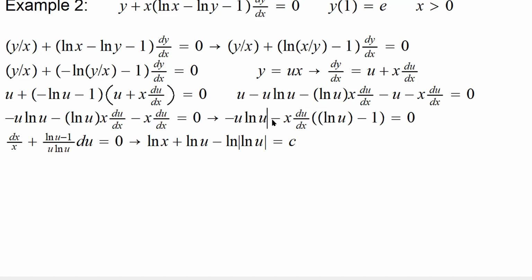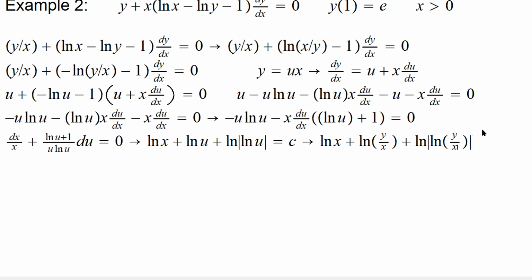That is in here when I took negative x du dx as a common factor. This should have been plus 1, so this would be plus, and this would also turn into a plus, okay? So let's write it out in terms of the original variables. So you have ln of who? y over x, all right, plus ln of ln of y over x again,